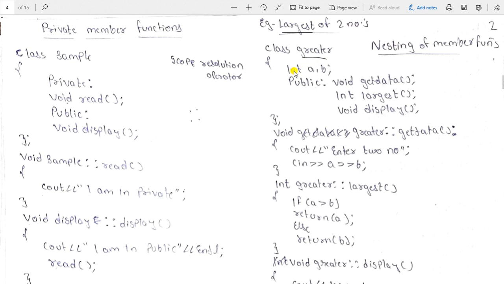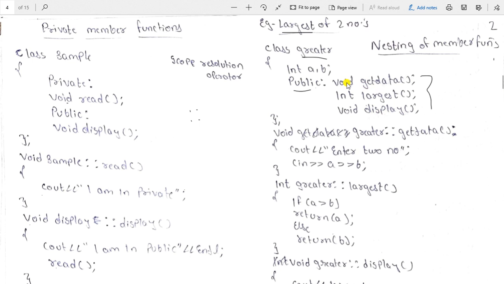In the public access specifier we have declared three member functions. One is the get data function, another is the largest function, and third is the display function.